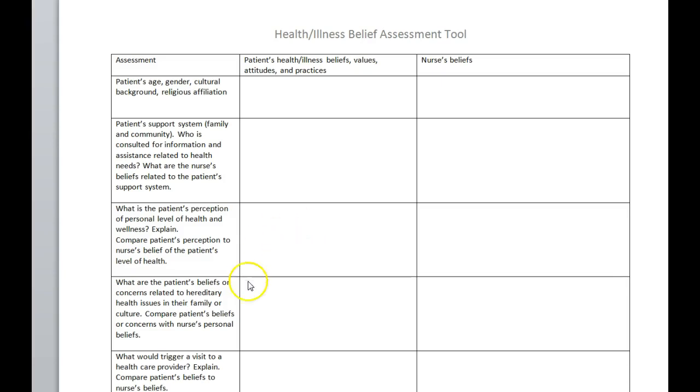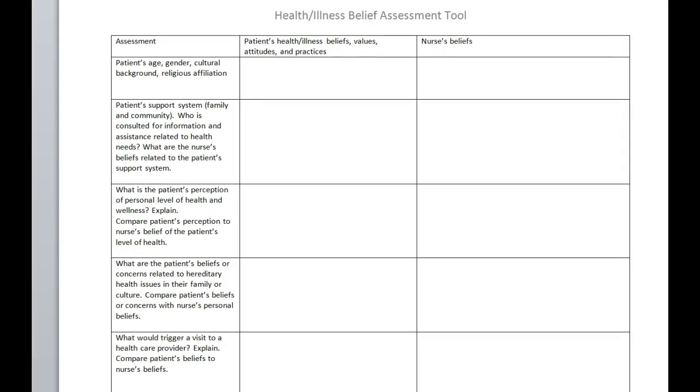And over here, you would probably expand on that a little bit. In this column, then you would talk about your beliefs about that, and then how does it compare to the patient's beliefs. So again, what you're doing is you're looking at interviewing a person, their perception. Does it differ from yours? And how does that influence